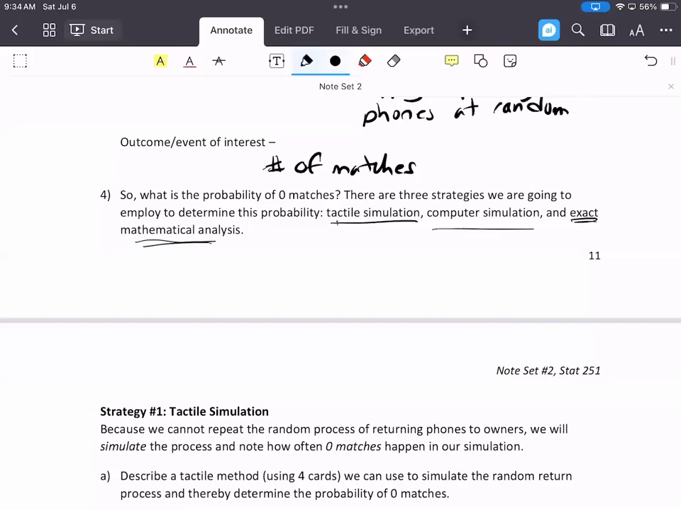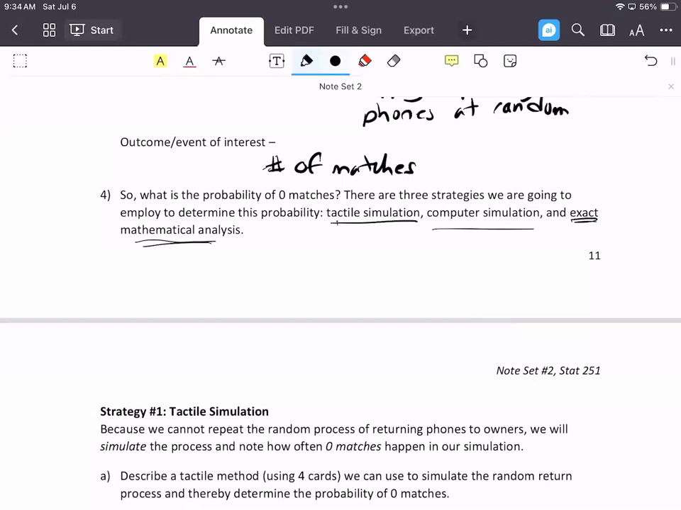So the first thing we're going to try is something called a tactile simulation. We can't repeat the random process of returning phones to owners. Not everyone has the same phone. And also, as a mother, the last thing I want you to do is drop your phone on the floor and then pick it up. Bad things can happen. We also want to note how often zero matches happen in our simulation, or how many